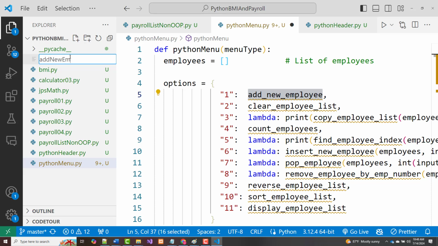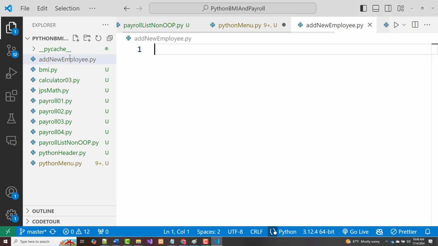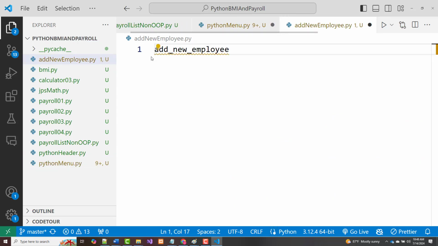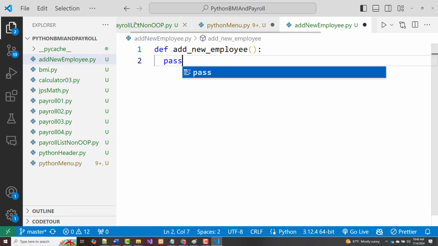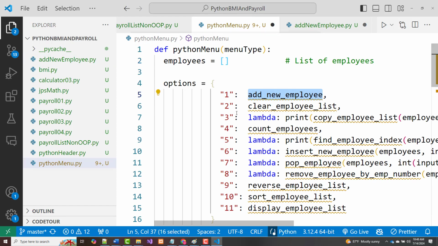Add new employee .py. If I type in def add new employee, paren, and put a pass there, then go back to my menu,